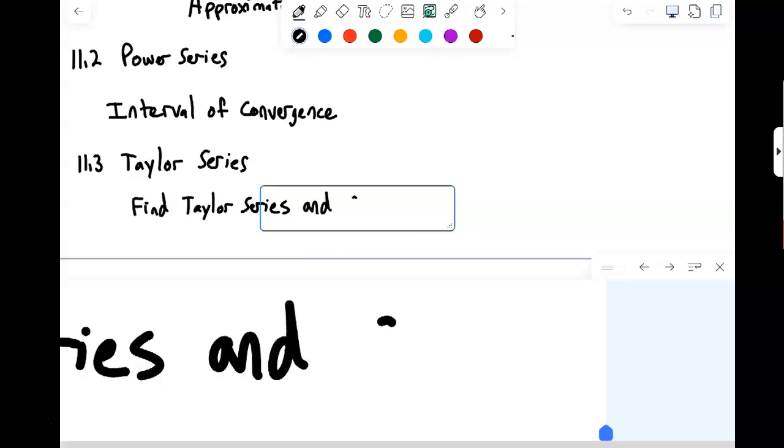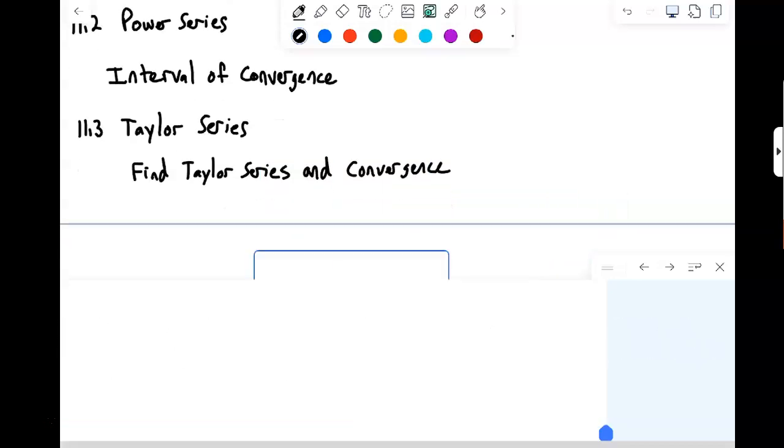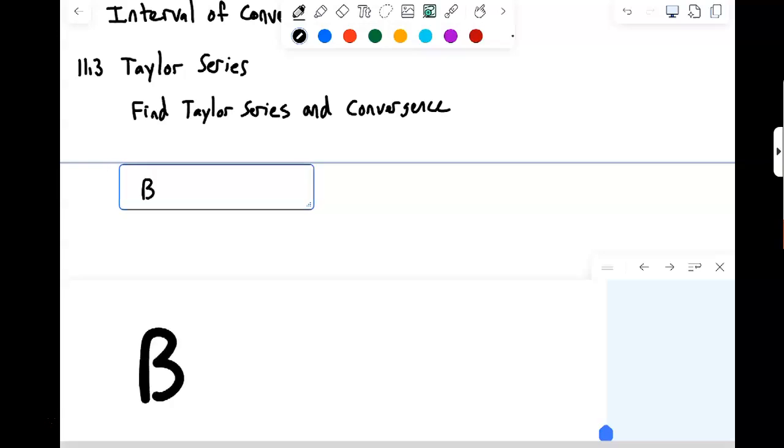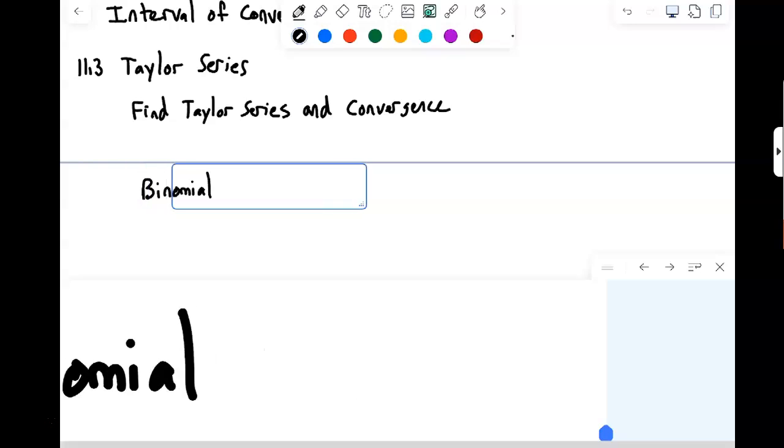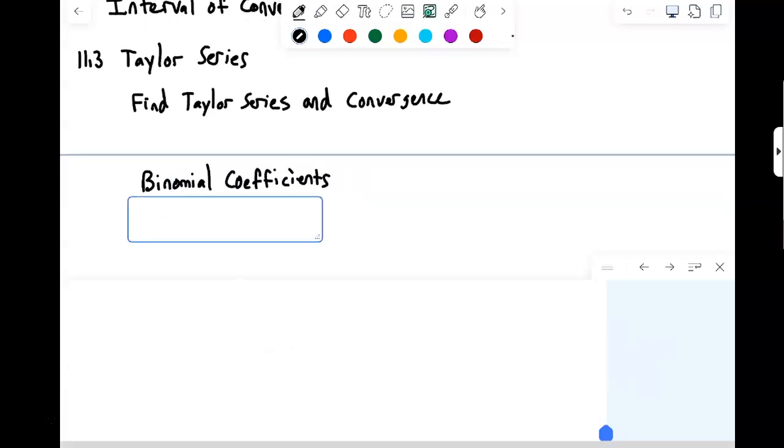And of course, being able to determine, once you have a Taylor series, when it converges. We also talked about binomial series. So we'll ask you a question or two about computing the binomial coefficients, and possibly a question about setting up